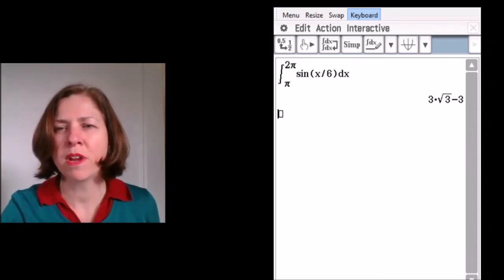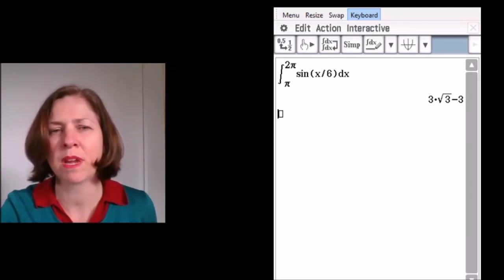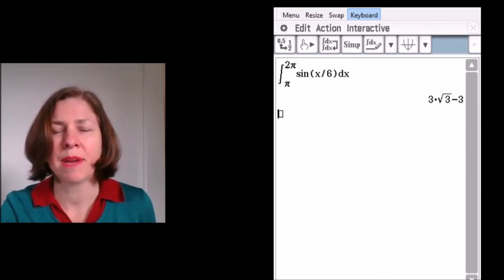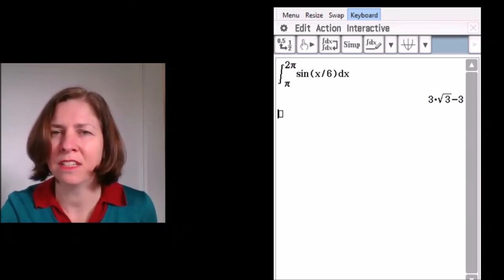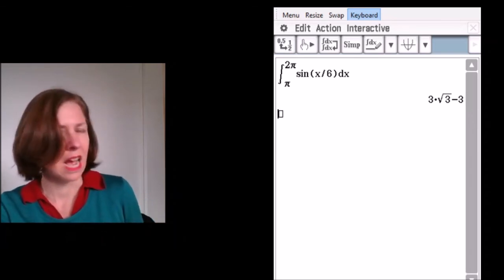So I've got 3 root 3 minus 3. And if you remember, the answer I found before was negative 3 plus 3 root 3. It's the same answer. No working shown at all, but the same answer. So if I'm in a tech active exam, then I'm allowed to do that, all right? But of course, if I was asked to do